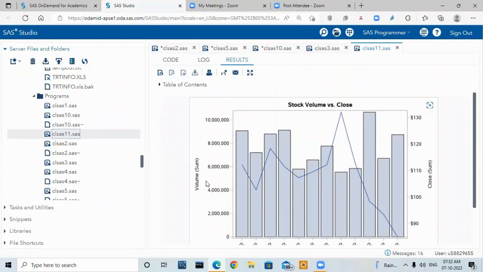Two y-axes. One is the volume, the other is closing stock. So here we have completed the